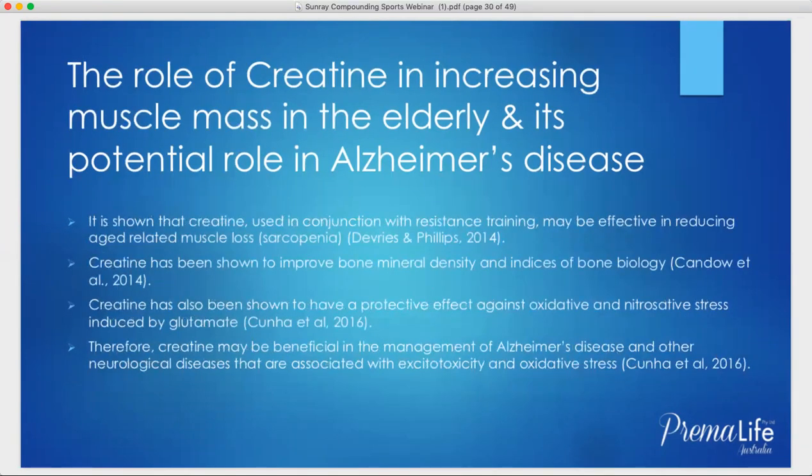The role of creatine in increasing muscle mass in the elderly and its potential role in Alzheimer's disease is shown: creatine used in conjunction with resistance training may be effective in reducing age-related muscle mass loss. Creatine has been shown to improve bone mineral density, really important, and indices of bone biology. Creatine has been shown to have a protective effect against oxidative and nitrosative stress induced by glutamate. Therefore, creatine may be beneficial in the management of Alzheimer's disease and other neurological diseases that are associated with excitotoxicity